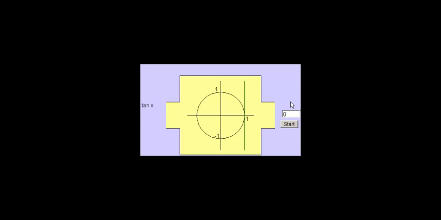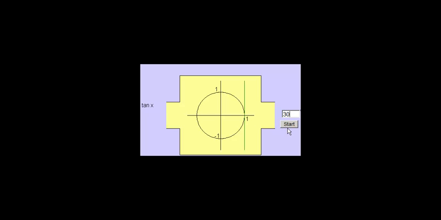Okay, now take a look at this visual. What we're going to do is enter in an angle value, let's say 30 degrees. It's going to draw the angle, and now if you see over here this vertical line that goes up and down, what we'll do is extend our angle, the terminal side of the angle, out to this line. Its intersection will hit somewhere along the line, and then that length back down to the x-axis is the tangent